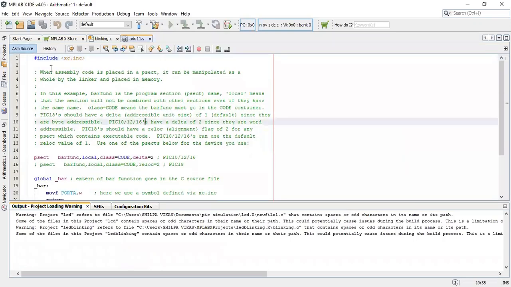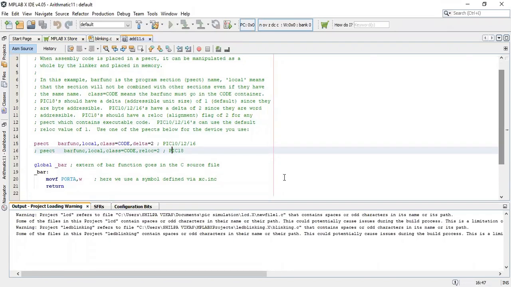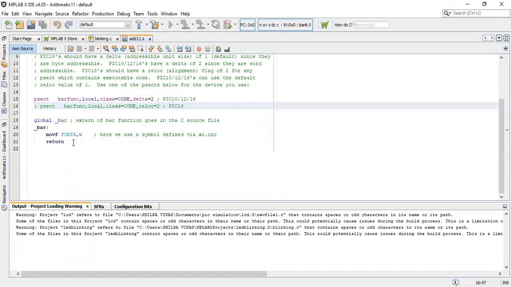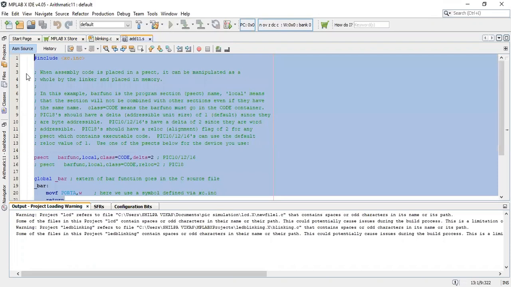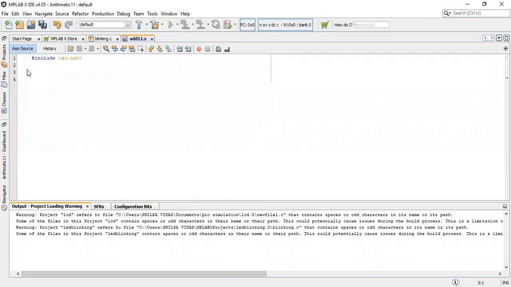Okay, so this file will open here. Right now we don't require anything, so we'll just close it, and we will write some program here.